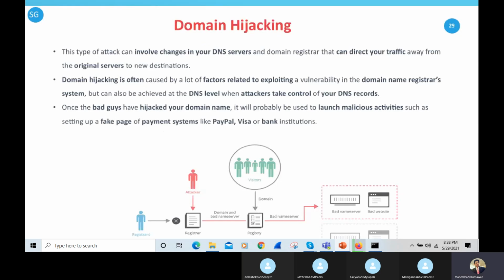Domain hijacking. This type of attack can involve changes in your DNS servers and domain registrar that can direct your traffic away from your original servers to new destinations. So instead of your records going to the same server, they go to the bad server. So you are hijacking the domain server. Suppose Amazon.com, and somebody says Amazon, a different website, and then Amazon.com. So it is changing